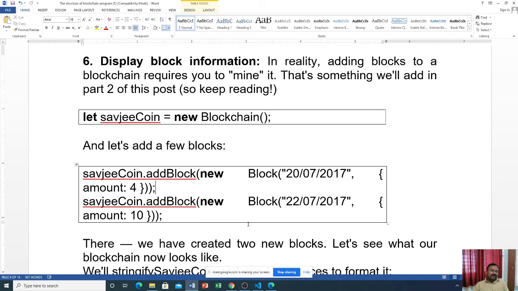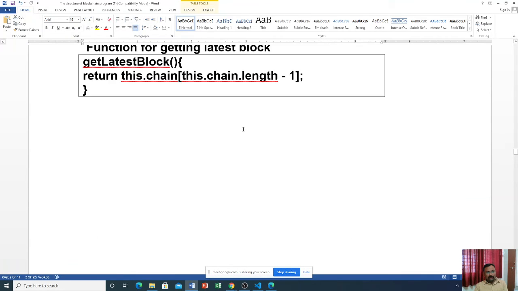Savji coin equals new Blockchain means this is the name of the chain: Savji coin is the name of the blockchain. New Blockchain calls the blockchain constructor.